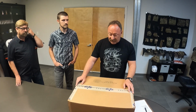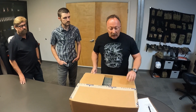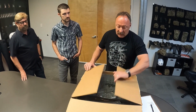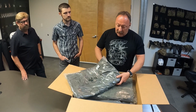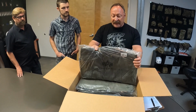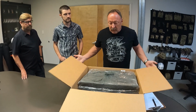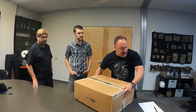So what I have in this box right here, we're going to do the easiest unboxing ever. This is a box of 10 field jackets, olive drab, from Alpha Industries, donated by Alpha through our good friend Cowboy Mike McCartan. And these are new in the wrapper, olive drab M65 field jackets. What we're going to end up doing is taking these